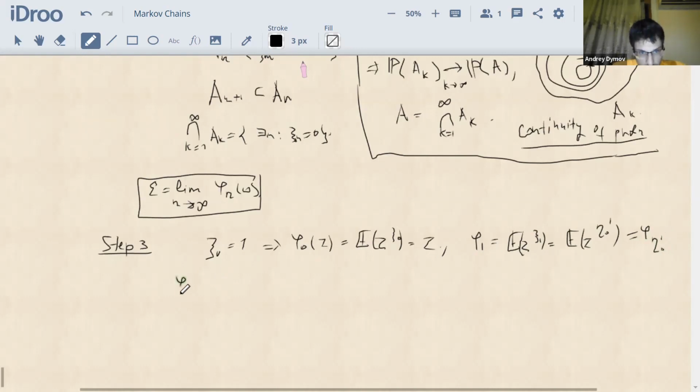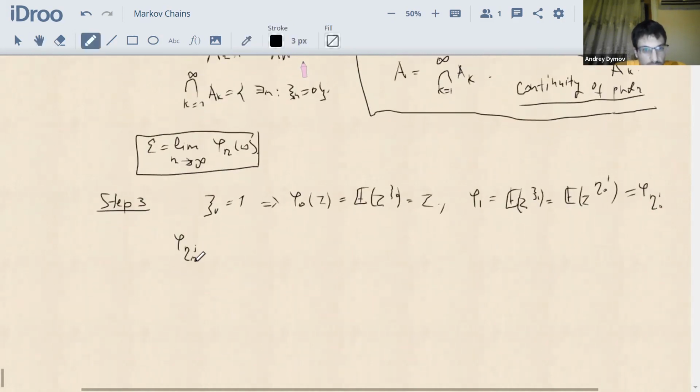Of course, all these generating functions for all eta are the same, because the random variables eta are independent and identically distributed. And let me denote them by psi. So we have phi 0 equal to z, phi 1 equals psi,